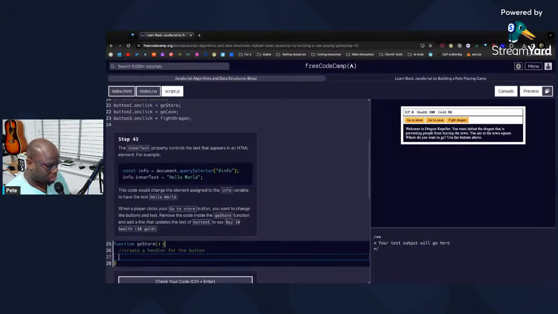Once we have the handler, we want to then change the inner text property of the button to